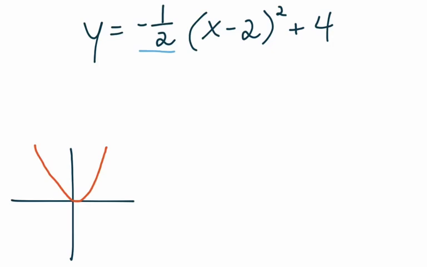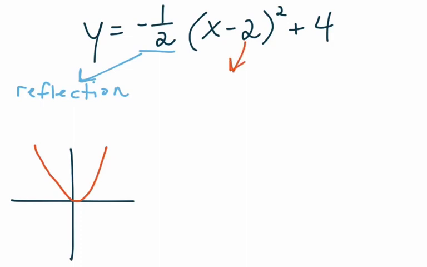So anytime you have a negative, we're going to get a reflection across. So it's going to flip around, basically, is what's going to happen. It's going to be going down, so I'm going to put that down. So we're going to have a reflection across as it goes down, a negative, obviously. And then when we look at our